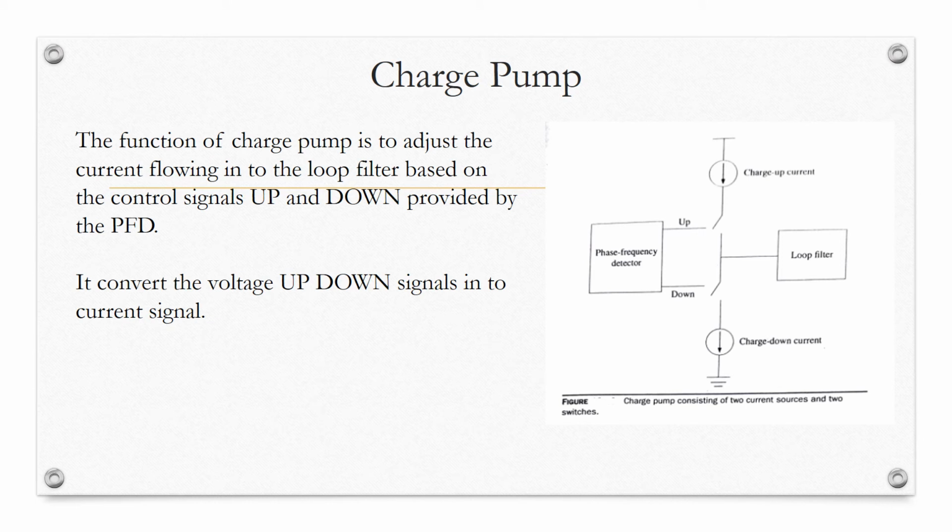So what is a charge pump? It merges up and down signals and generates a single current. It combines the up and down voltages and converts them into charging and discharging current for the loop filter. So the loop filter removes the ripples which are there in that current and further generates the control voltage which is